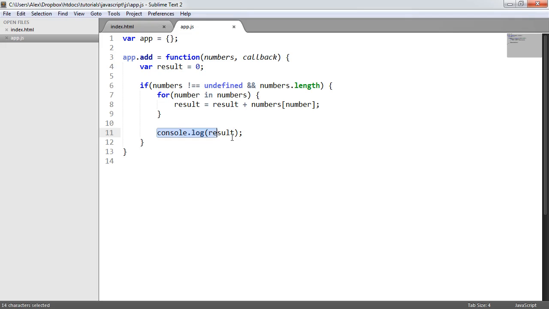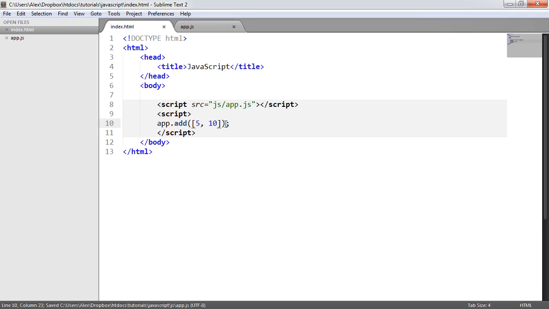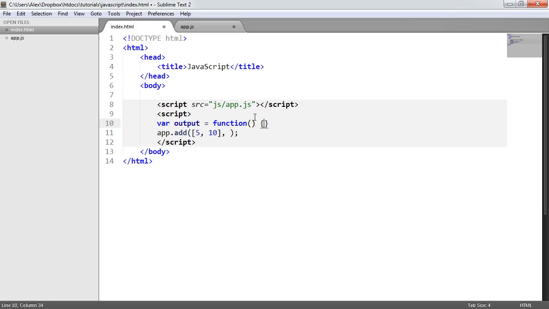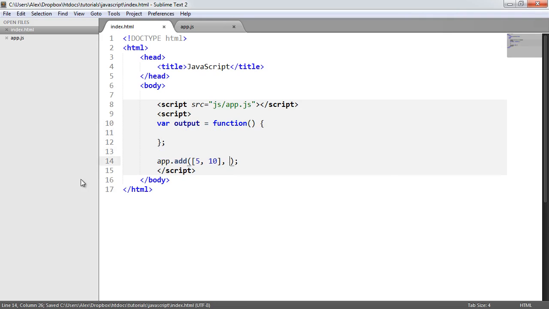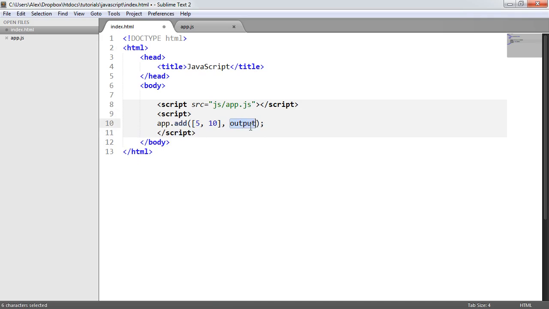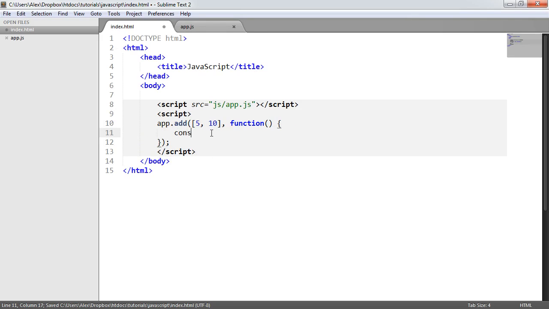But remember, we don't want to include any sort of predefined functionality in here. The point of this is that we want to provide the ability for the user to define a callback function here. Now this could either be a function that's already defined, so output equals function, for example. So we could provide it like this. Okay, so we could do output like that. However, what we want to do is I just want to do it all inline because it looks a lot neater and there's no real need to define the function elsewhere. So I'm going to go ahead and define the callback function here, and I'm just going to console log